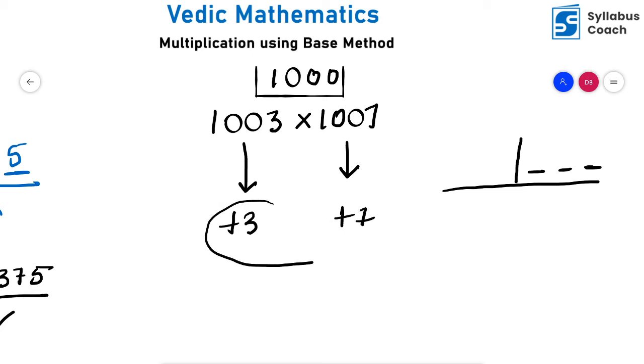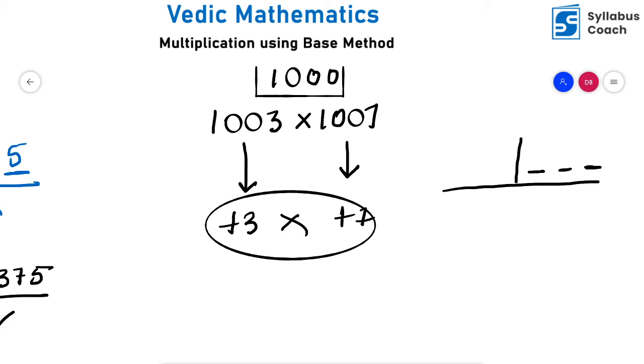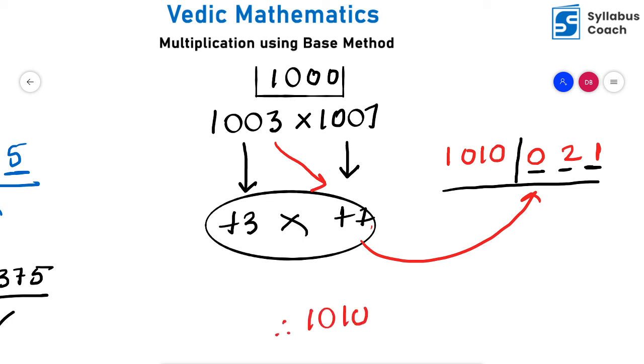Now when you multiply these two things, this is going to be 7 into 3, students. 7 into 3 is nothing but 21, right? But the problem is the right hand side should have 3 digits. So I add 0 to this. Simple. That's the basic concept, students. And now 1003 plus 7 is nothing but how much? It's 1010. Therefore, the answer for this question is 1010021. Simple. This is a shortcut and use it wherever you want. You'll be able to solve these kinds of questions in 15 seconds. Hope it's clear for all of you.